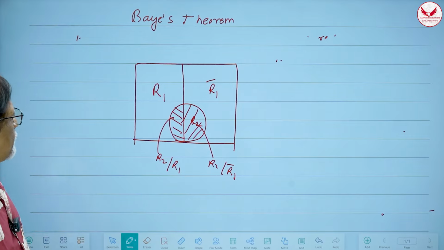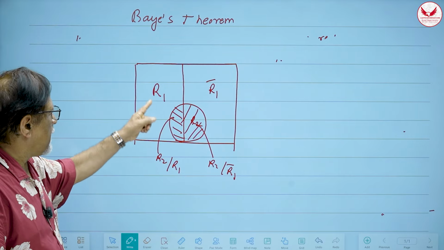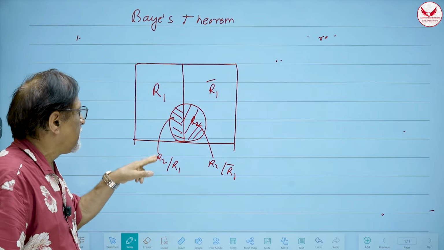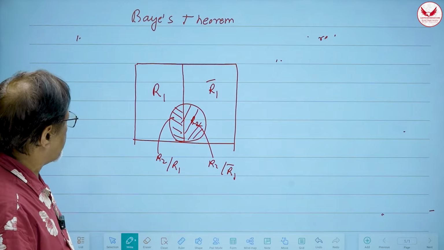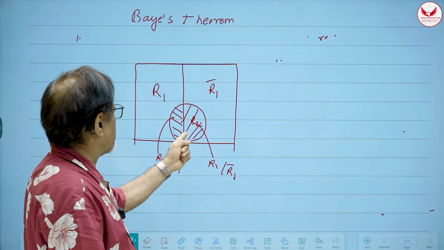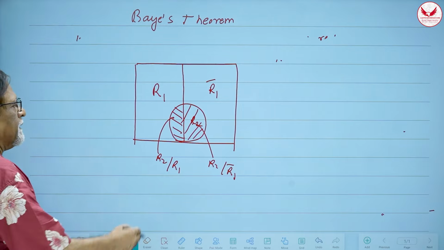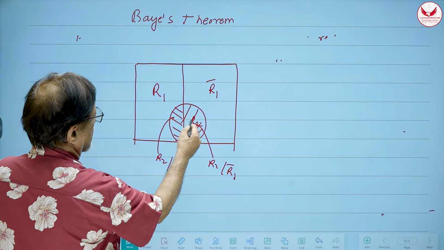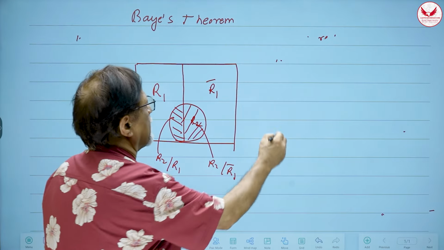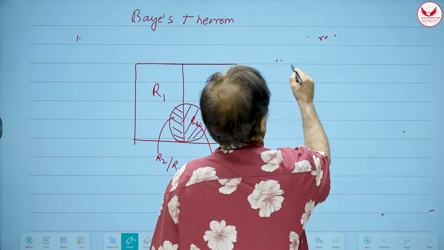You understand? So in this part R1 has happened, and within that the first ball is red and the second ball is red. R1 bar has happened, that means the first ball is not red, and within that R2 has happened, right? So these are two mutually exclusive events. In other words, if I take the original sample space